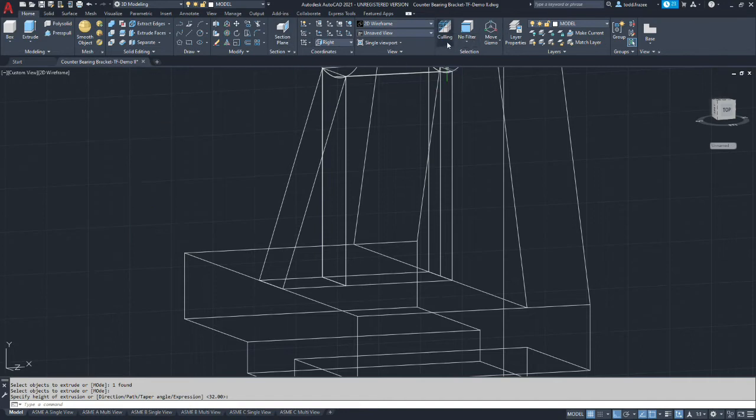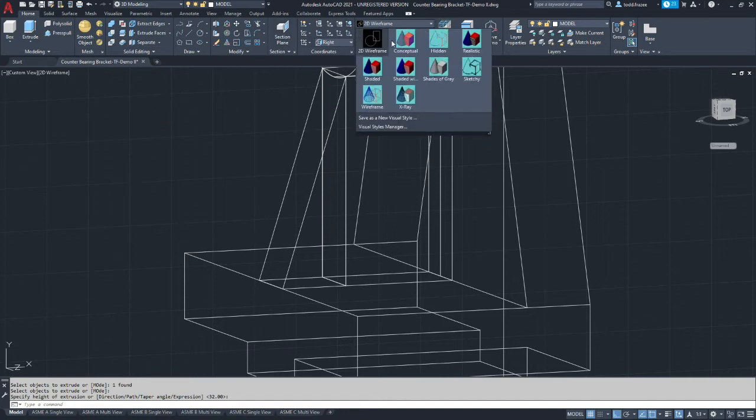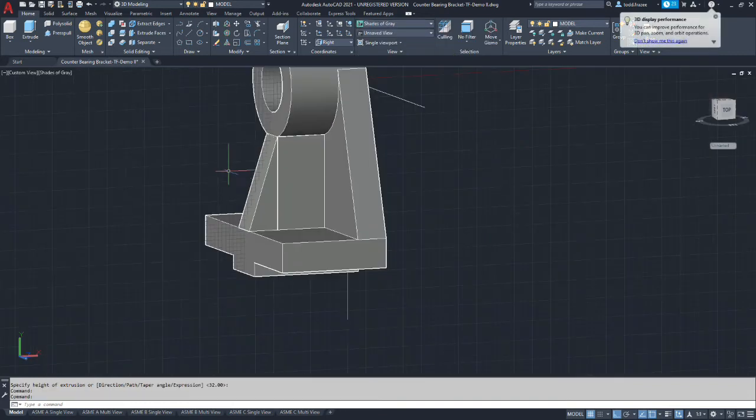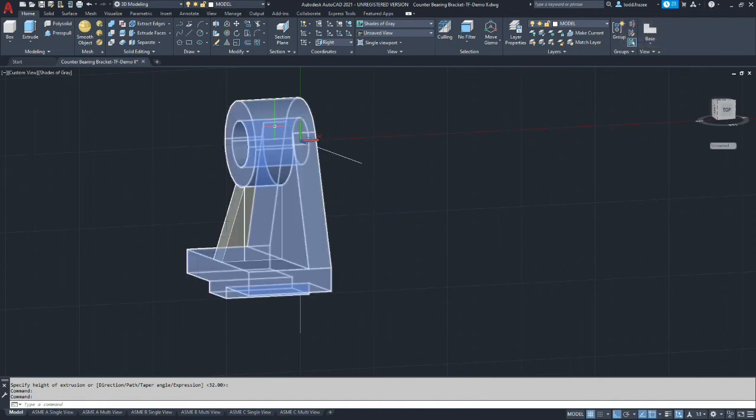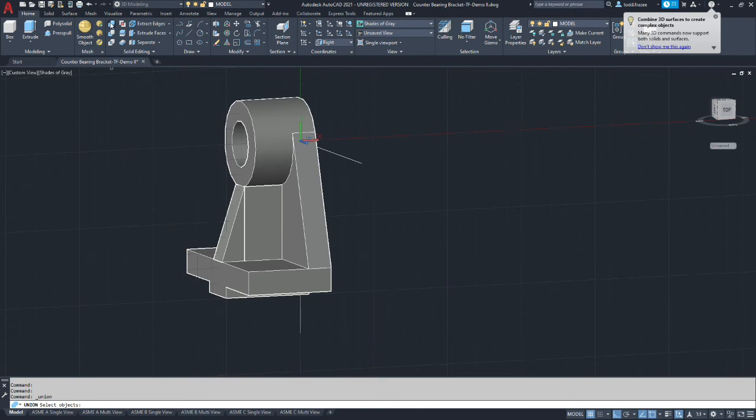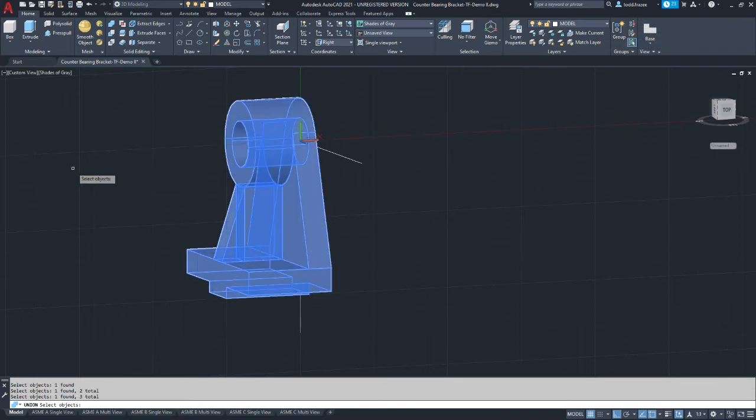So if we go back to shaded view, you can see what we've done. Now right now I have three solid bodies. We have the web, we have our little wedge we've made, and then we got the main body. At this point we want to make sure we bring all these pieces together. So we're going to go to the solid union command, and we're going to select our three entities to make them one. There we go.